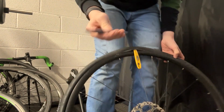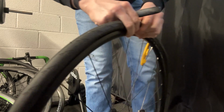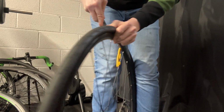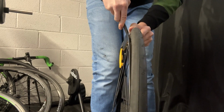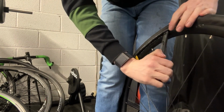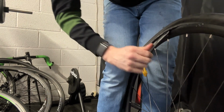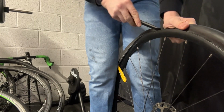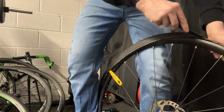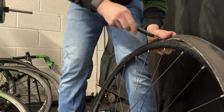Once it's hooked on the spoke, get your other tyre lever, go slightly away from where you've just pulled that part of the tyre up, hook it underneath the tyre again, pull over like that. This pulls more of the tyre over. Then you just carry on around the tyre doing the same thing until eventually the original tyre lever should fall